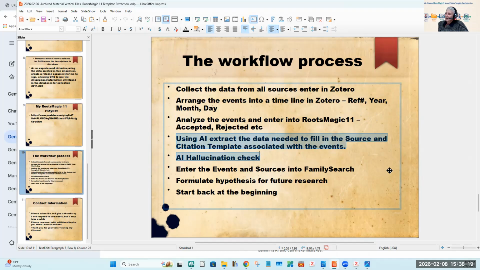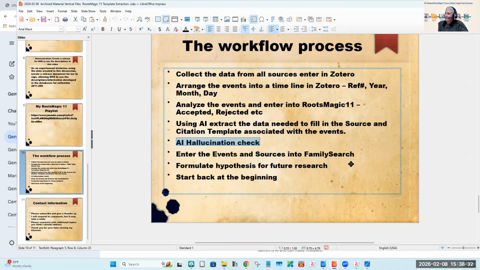Then I use AI to extract the data, and the source will be in that template. And I can't overemphasize a hallucination check. The AI just gets lost at times, or maybe I'm not good at writing prompts, but one of the two things is going on, and you just have to read it. And I read it when I do the cut and paste between the forms, and that's a good step. Okay, enter the events into FamilySearch is to be done.